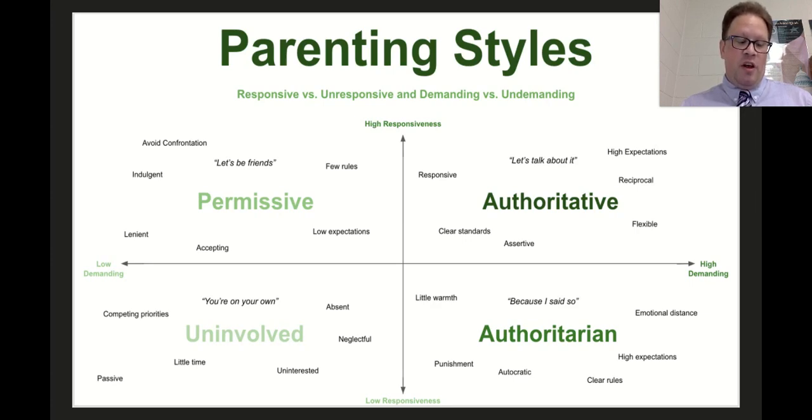Children with authoritarian parents tend to be anxious and insecure. Children with authoritative parents tend to be confident, self reliant, and enthusiastic. Overall, they're going to be happier and less troublesome than the other types, and also more successful as their parents have taken a more involved, interactive role in that child's life. Now, children with permissive or uninvolved parents are typically less mature, they're more impulsive, they're more dependent, and also more demanding.